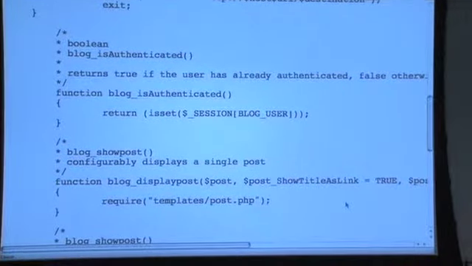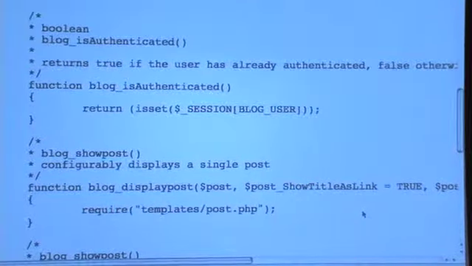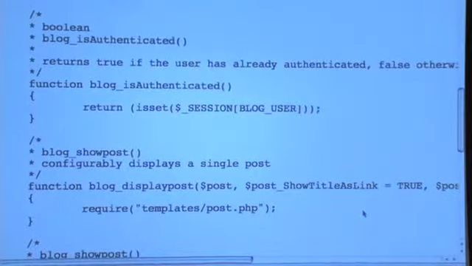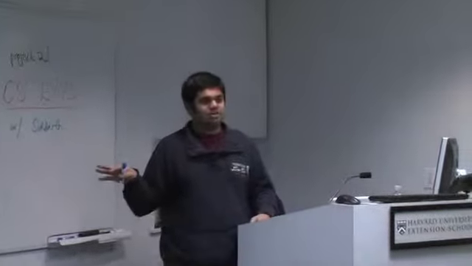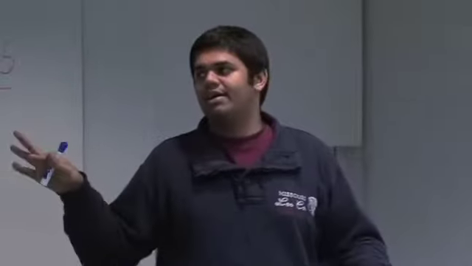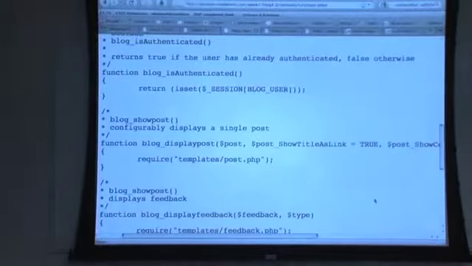So instead of just checking if isset $_SESSION blog user, which is not necessarily intuitive as to what it's doing, you abstract that into a function, so that if you change the underlying implementation of how you authenticate the user, like which part of session you're setting the flag in, you wouldn't have to make changes to multiple places in the code, just this one function, and everything will still fit. Blog show post just requires this